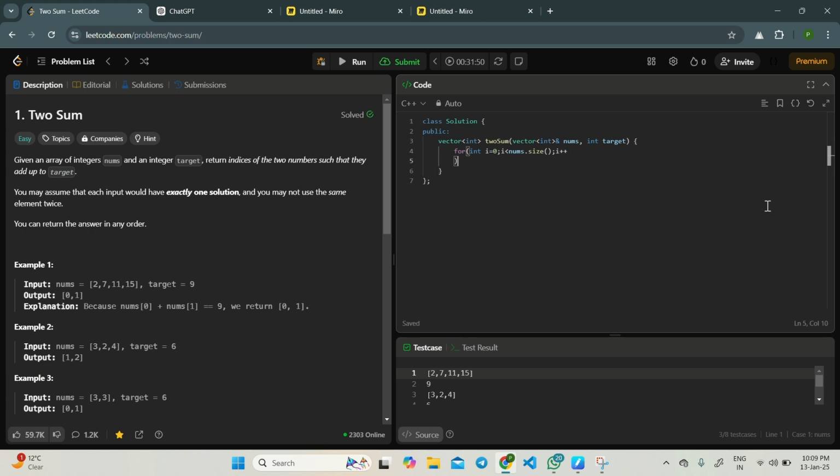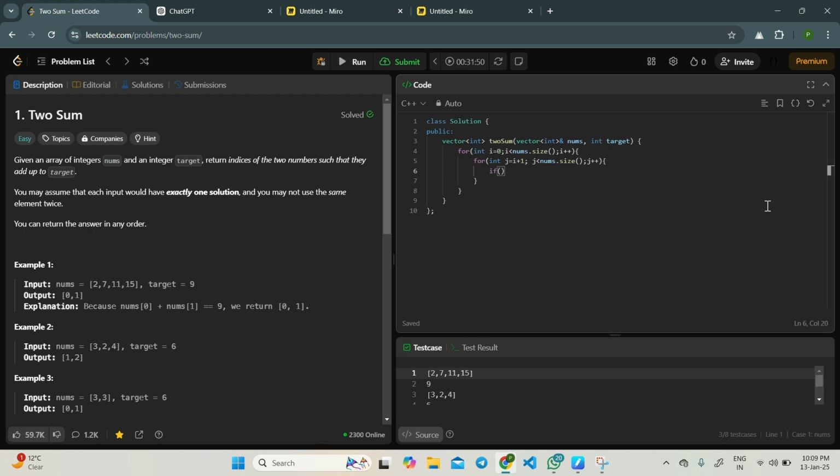Then we open up this loop, and we run another loop, which will be the inner loop of it. We start this loop from i plus 1, and we go up to nums dot size,